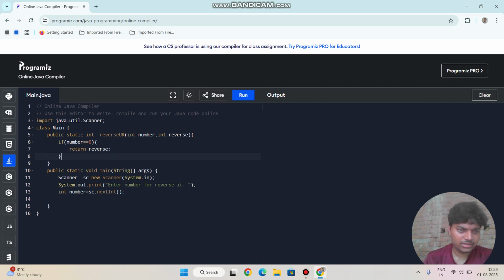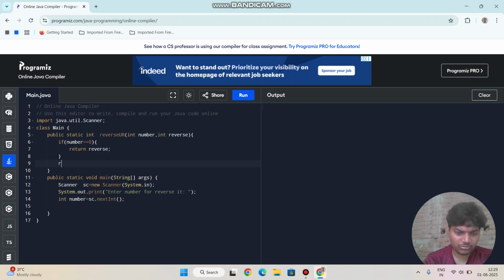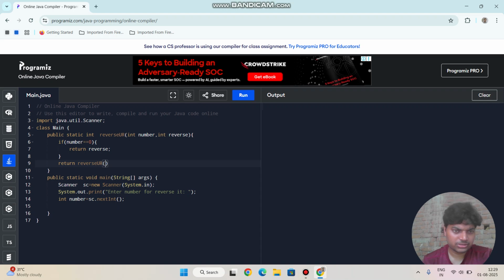If it is not, then you need to recursively call the function. This is the function which calculates. So I'm going to write here: call reverse using recursion.